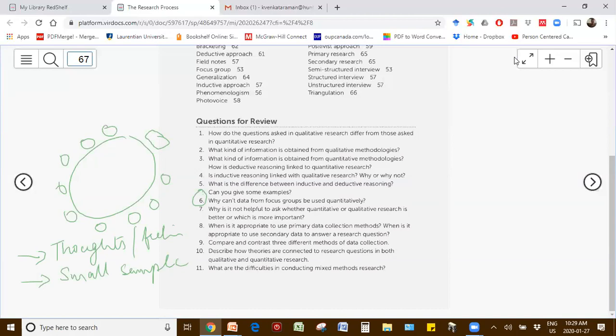The third thing is, you don't ask for quantitative information from a focus group. You don't need to have people come into a room to check boxes and give you a sample sheet back. That's of no use to you. Let's think about a focus group. So we did a focus group: how can we improve admissions processes at Laurentian? I think that's what we spoke about last time. If all I wanted was a bunch of boxes to be ticked, I don't need to bring people in to discuss how to improve things, right?